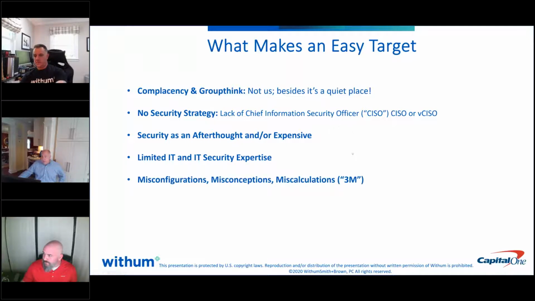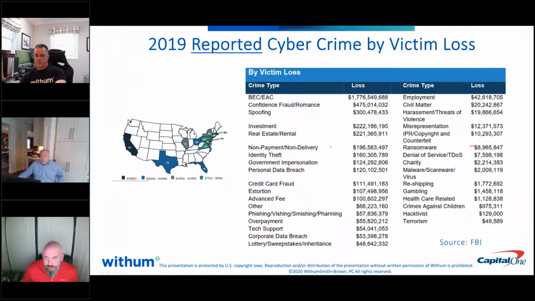When you think about the loss here, and we've thrown some pretty big numbers out here already, this particular slide for me was eye-opening, because this is cybercrime by victim loss based on the type. And exactly what we're here to talk about today. So business email compromise and email account compromise are right up at the top of the list. And you can see it is substantially greater than the other numbers that are there. And you think about that,